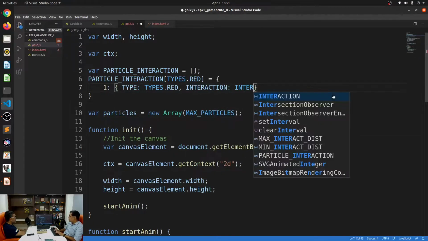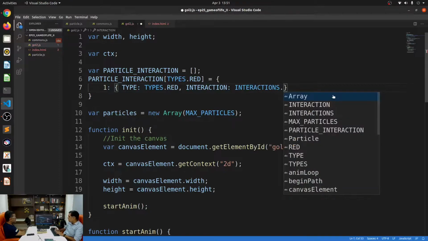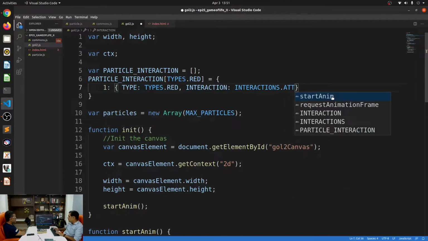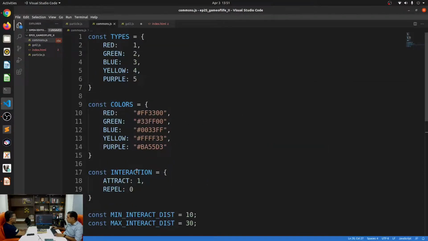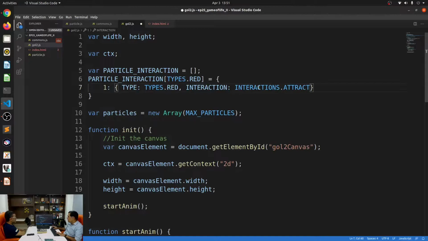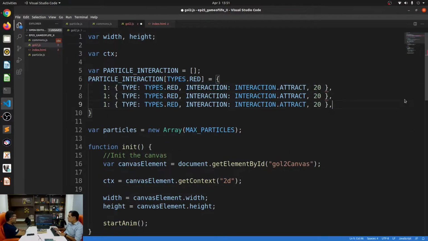So I can say interaction is equal to interactions dot, so red particles will always attract. I do believe it's called interaction, not interactions. So this is interaction dot attract, and by what distance? I can just say 20. And so on for all of the other colors as well.